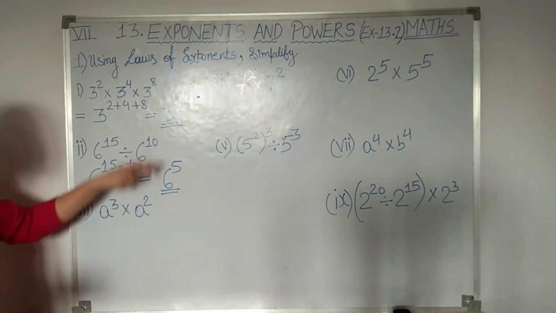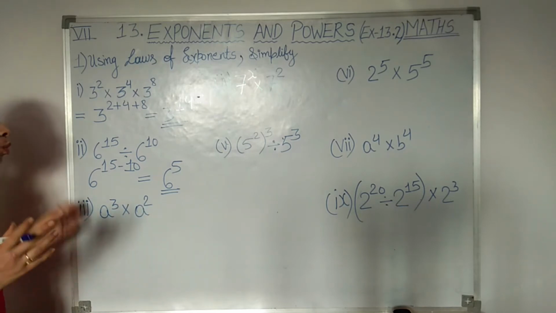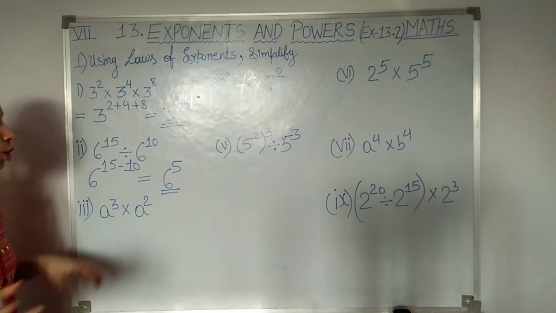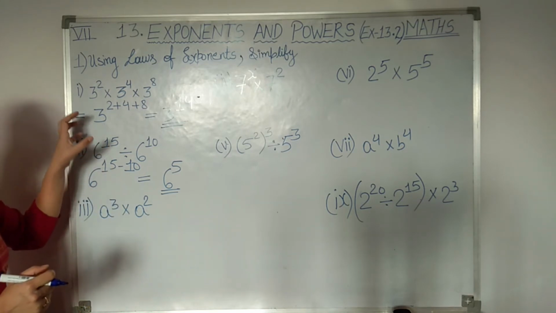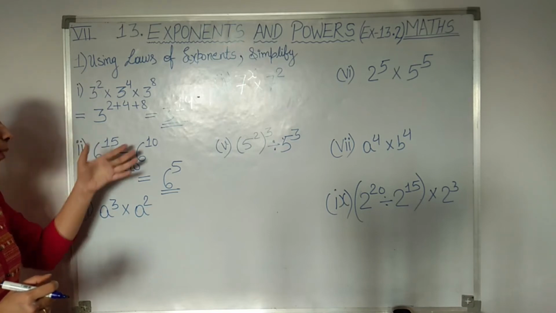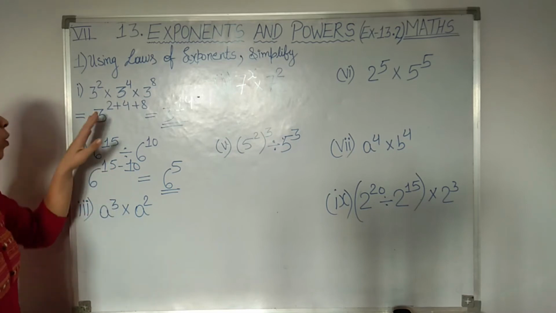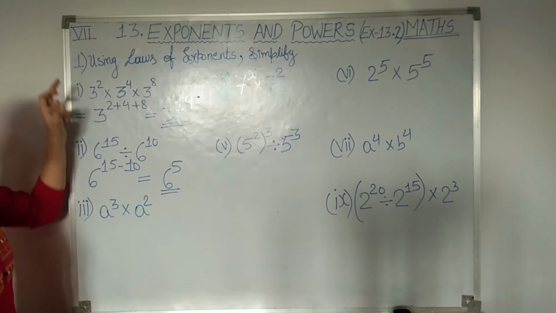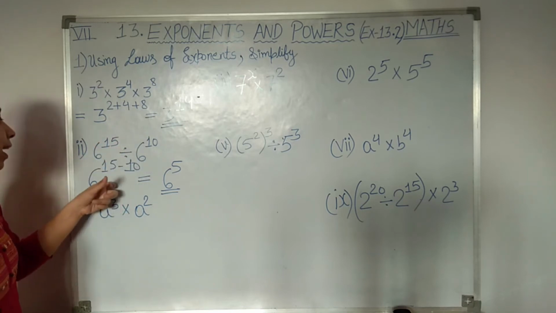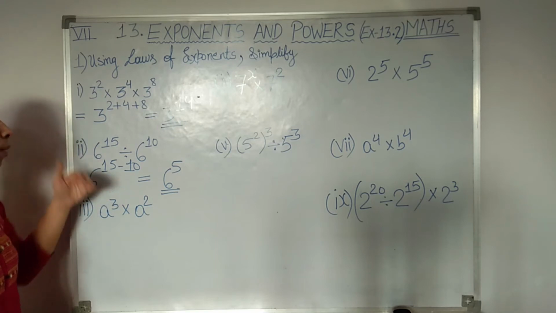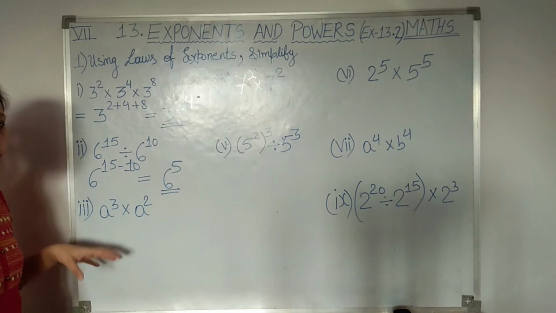And you are not going to solve it, okay? You are not going to find its value, because in the question it is asked to express the answer in exponential notation only. So just this is our answer. Then one more thing, students, you have to write the laws of exponents. Here I am simply explaining the laws, but you have to write those laws also. The law was a raised to the power m into a raised to the power n is equal to a raised to the power m plus n. Here it was a raised to the power m divided by a raised to the power n is equal to a raised to m minus n. So all those things you have to write here.